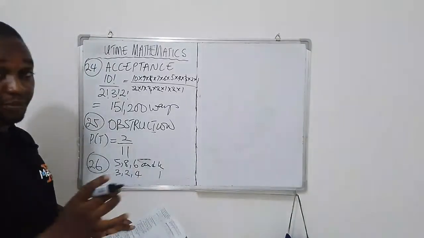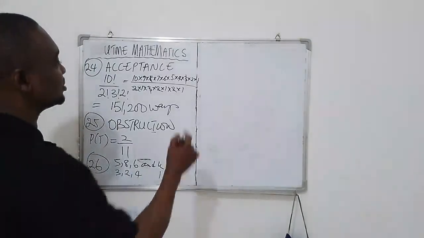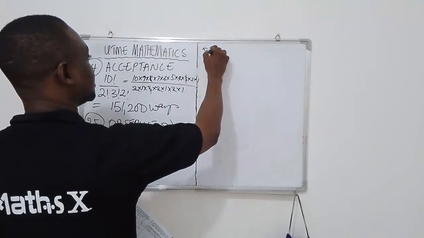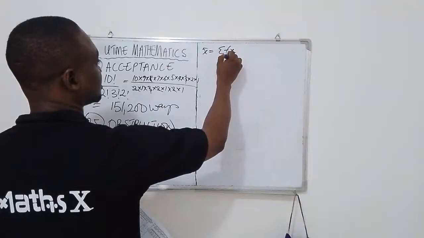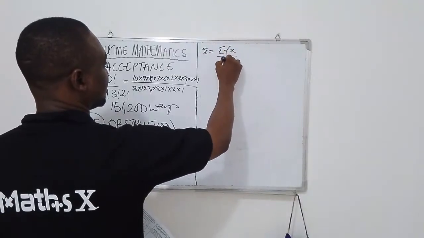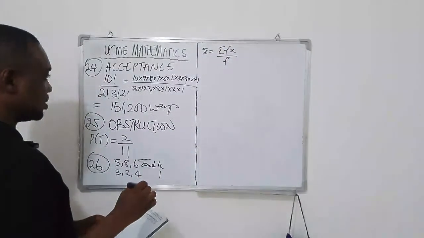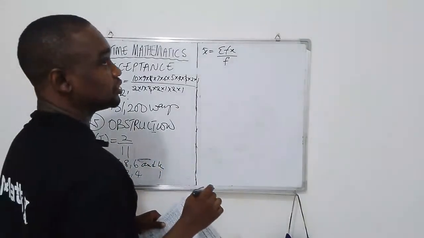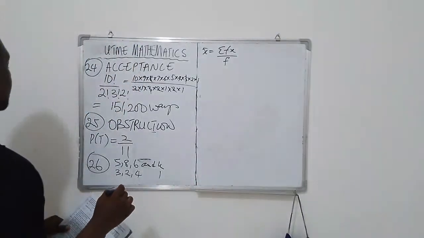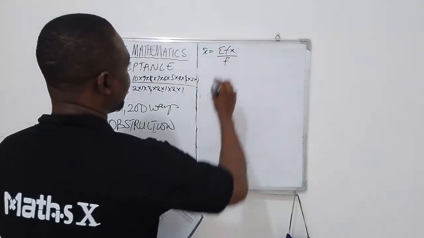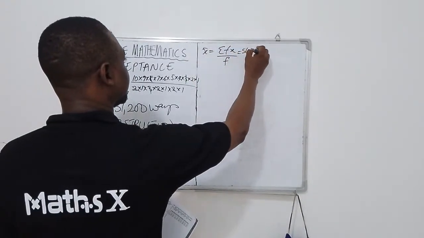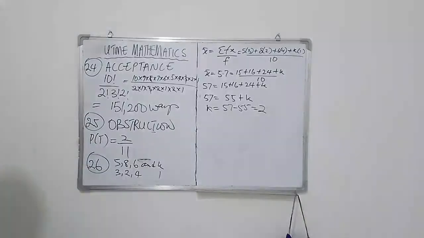And their mean is 5.7. So we know that mean is summation fx over summation f. So we have here 5 bracket 3,